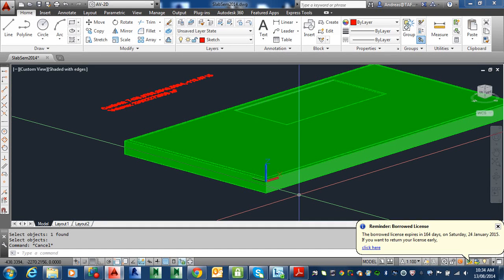So here we are. We have this slab that we've created. It could be anything. It could be a big floor plan or something like that. And we then need to externally reference it somewhere else. So basically, traditionally what happens in an architectural sense, you draw your floor plan and then you send it off